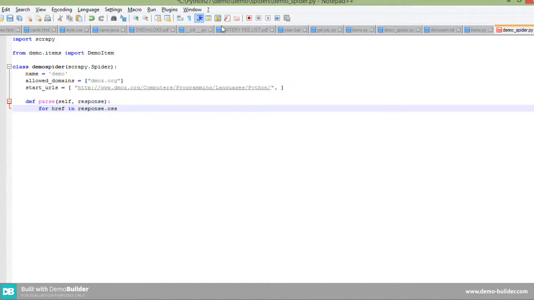response.css. We need to use CSS here, and you have to copy paste that URL directory, like ul directory, directory.dir.